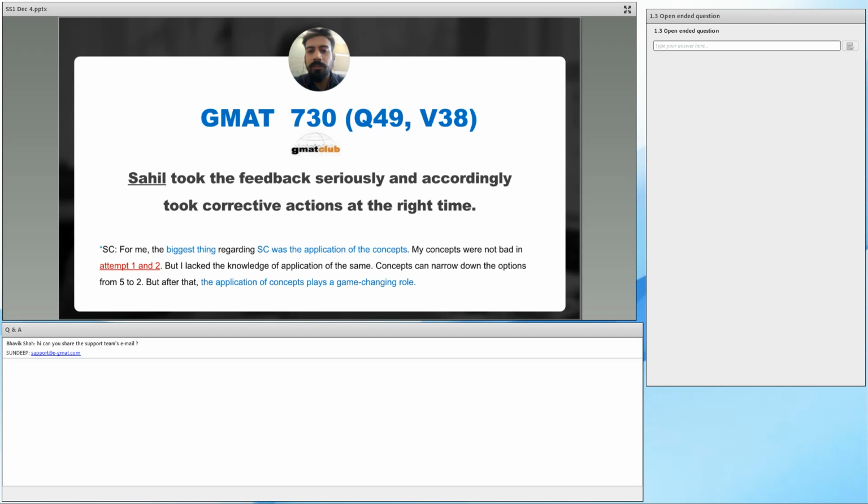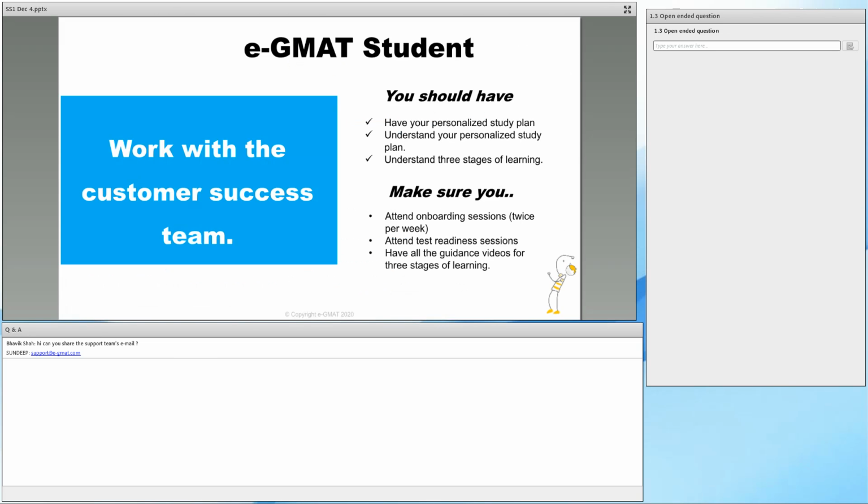Now, he didn't get to 730 in his first attempt. Why? Because earlier on, he didn't track data. He didn't use a meaning-based approach. And he said, my concepts were not bad in attempts 1 and 2. Where I lacked was the application of concepts. While concepts can help you narrow down some things, the game-changing role happens when you learn how to apply these concepts over here. So with that, I'd like to end this webinar and really say,